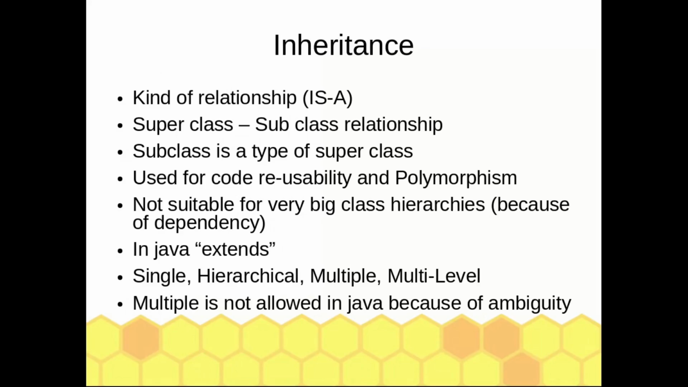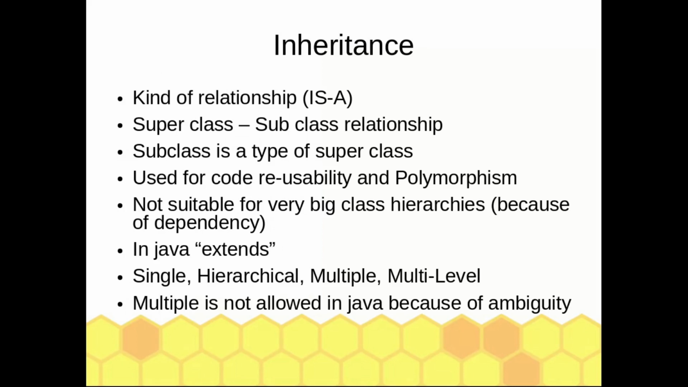Actually, inheritance is a kind of relationship. It makes a superclass-subclass relationship. Also, we call this type of relationship an "is-a" relationship. It means that the relevant subclass is a type of the relevant superclass. Basically, inheritance is used for code reusability and polymorphism, but inheritance is not suitable for very big class hierarchies because